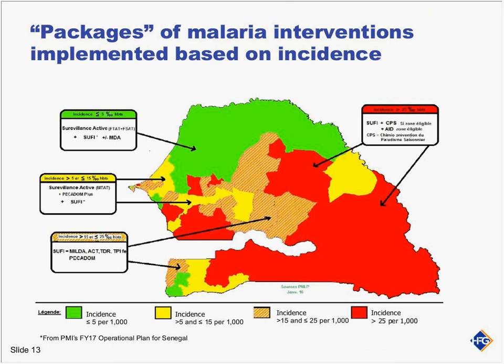In these slides, you're going to see a map of malaria incidence in Senegal. As we go from north to south, malaria incidence increases. The green piece of the map is mostly districts with low incidence of malaria, less than 5 cases per 1,000 population, while red districts are mostly high incidence with more than 25 cases per 1,000.